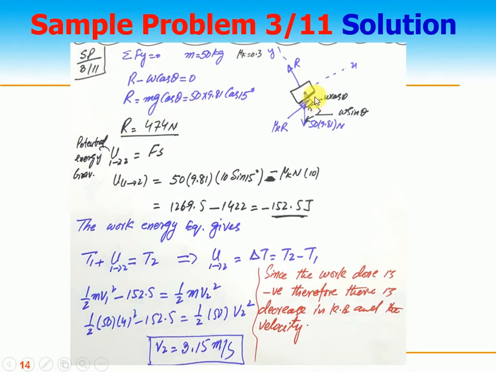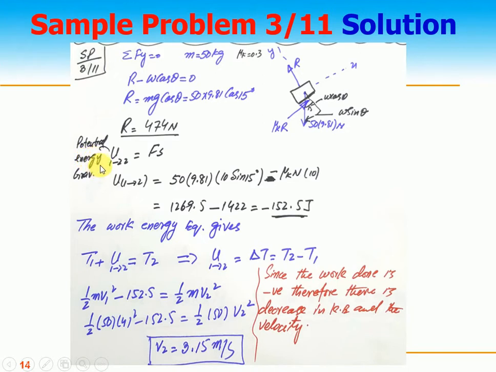And here we do not need the acceleration, but I just make a free body diagram, because I need to find the frictional force, so I need the reaction force. This is the weight downward, and this is the cos component and sin component, and the friction force upward, which is mu k R. Because the body is moving normal to the slope, summation of Fy is equal to 0, mass is 50 kilogram, mu is equal to 0.3. So if I take the summation of y, R minus W cos theta is equal to 0, I find the value of R, and eventually I can find the frictional force. R is 474 Newton.